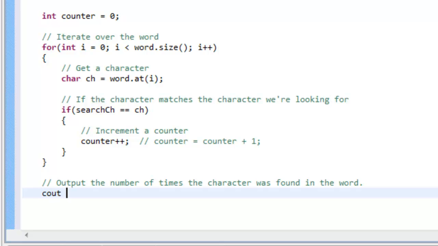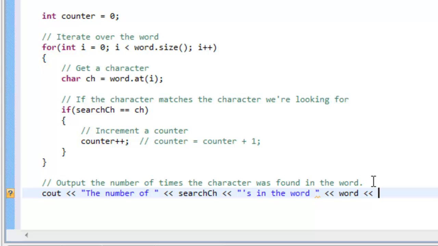So I'll say cout, insertion operator, the number of, and I'll use insertion operator, whatever character it was, and we'll use maybe apostrophe s here in this string literal. So we'll get some character here, so maybe it's A's or L's or B's. That'll be expressed appropriately, so the apostrophe s there in the word, and we'll just make use of our variable word again,